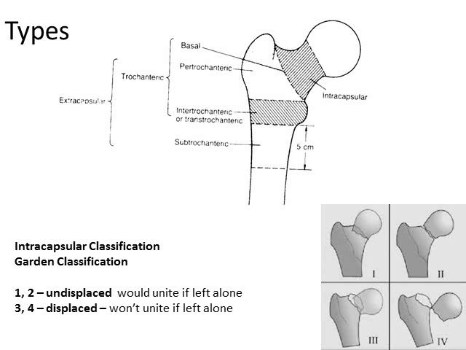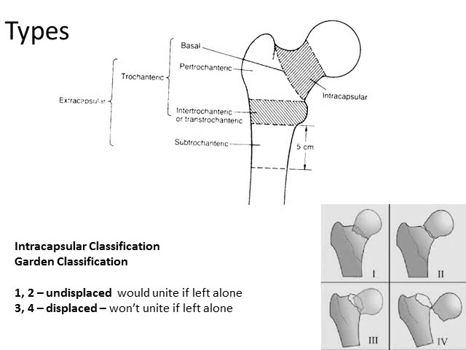So what's the big concern with the intracapsular ones? Yeah, exactly. So you've got a blood supply that comes through the head, the femoral head. So basically, if you've got a massive cut through that, that's going to compromise the blood supply, and essentially they're going to have far more complications than if it was just an extracapsular one. So basically for intracapsular, there's a classification called Garden classification, which puts it into 4 different categories, as you